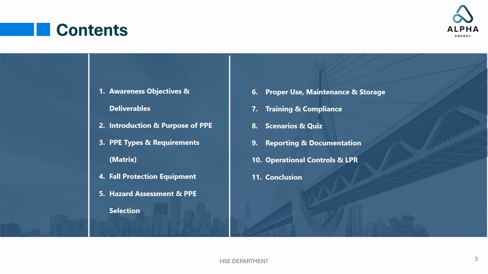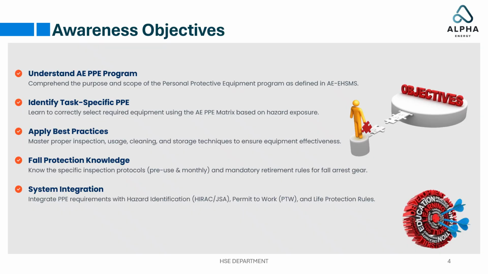Fall protection equipment. Hazard assessment and PPE selection. Proper use, maintenance and storage. Training and compliance. Scenarios and quiz. Reporting and documentation. Operational controls and LPR. Conclusion. The objective of this awareness session is to ensure participants understand the purpose and scope of the Al Masood